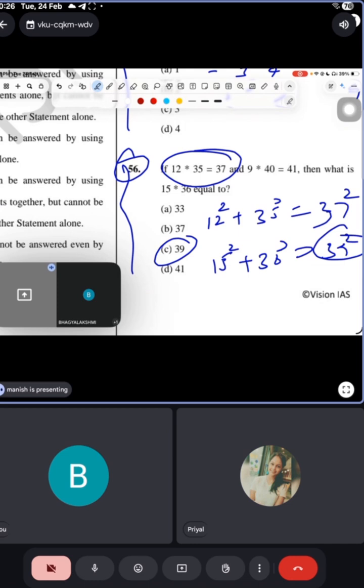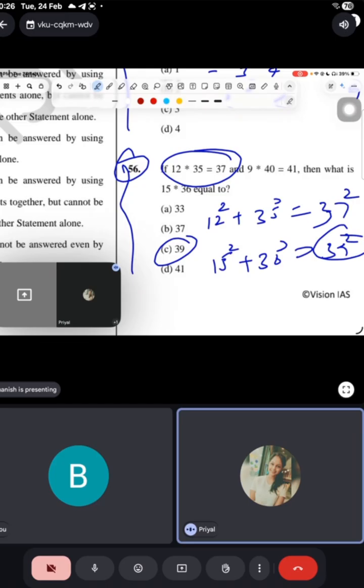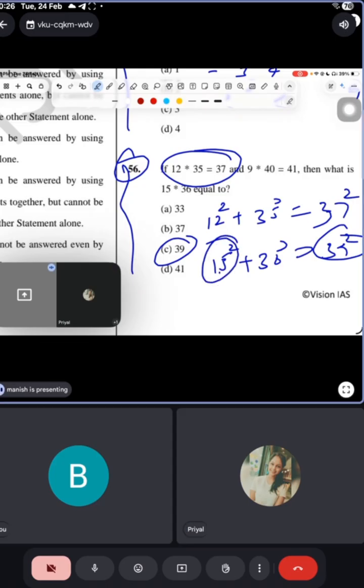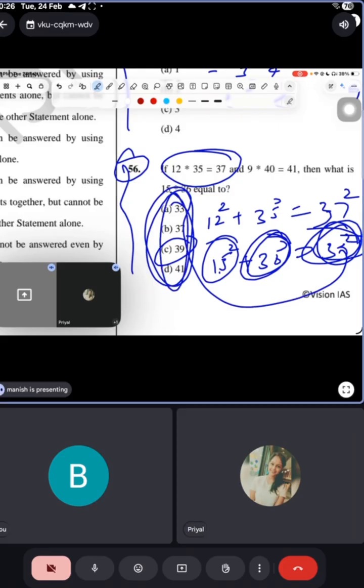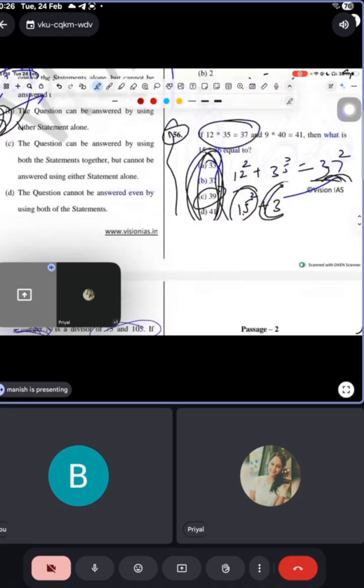So guys, if you understood how, okay. If not, Manish, tell. Priyal, take this 15 square, 36 square, you will get the answer. I'm telling the way here only. Here Pythagoras theorem is applied. If you take the square of 15, the square of 36, and add both numbers, you will get the number which will be equal to the square of 39. So guys, in these types of questions, don't waste time. If something clicked in your mind, then use it, otherwise leave it, because these questions kill the time.